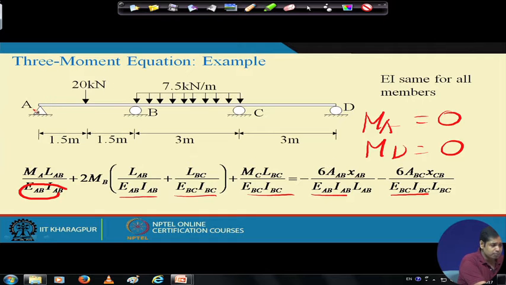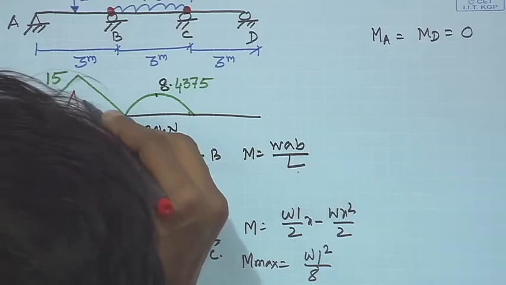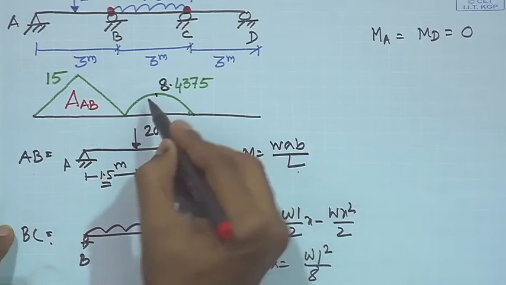Now, in this expression, if you remember, AAB is the area of bending moment between A and B, and ABC is the area of bending moment between B and C, and XAB is the distance of the centroid of that bending moment M by I diagram from A, and XCB is the centroid of the bending moment diagram between B and C, and this distance is measured from C. So, let us now first determine AAB, this is the area AB, and this is the area